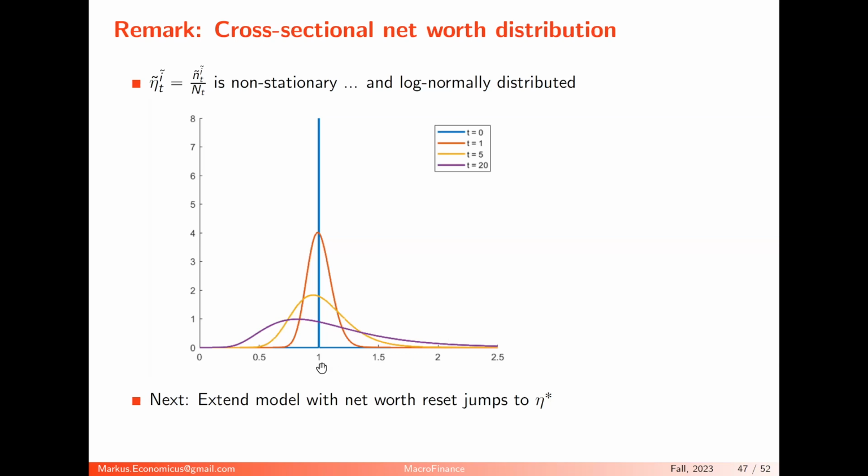If you start out with everybody having $1, let's say, then after one period the distribution looks like this. After 5 periods, it's like the yellow one. After 20 periods, it looks like this. So the distribution becomes log normal. It's more and more spread out, okay? Because we all face idiosyncratic shocks, and there will be some very unlucky guys who have millions of negative shocks in the sequence, and very lucky guys with millions of positive shocks. And there are many people in between. So the longer we play this game, the more extreme the distribution becomes. Do you like that?